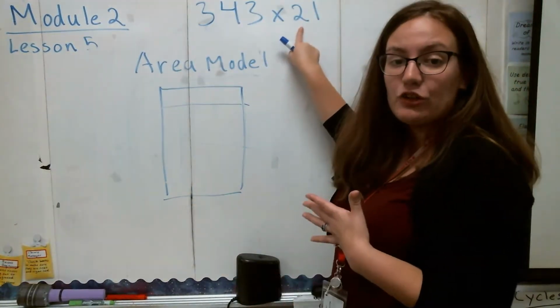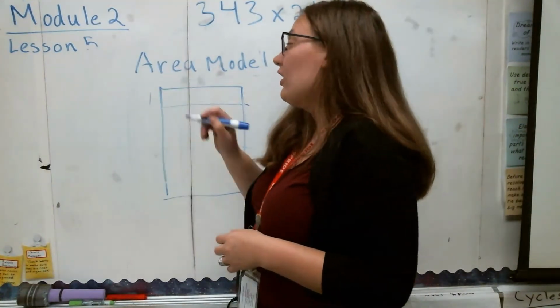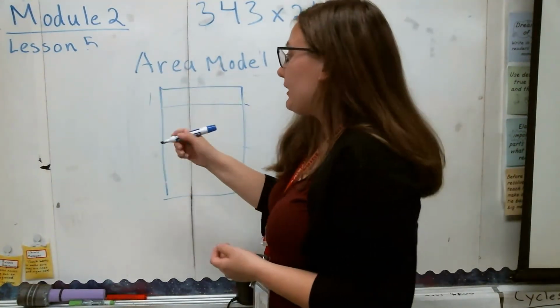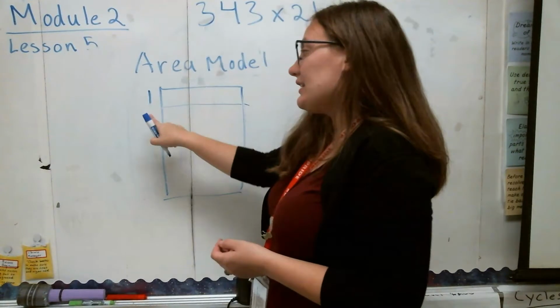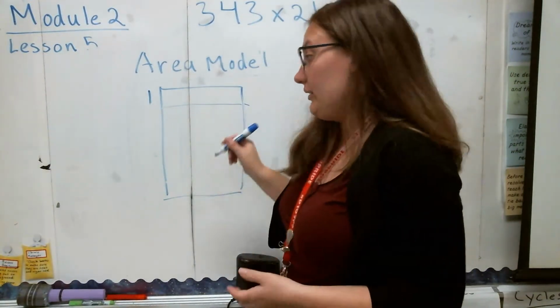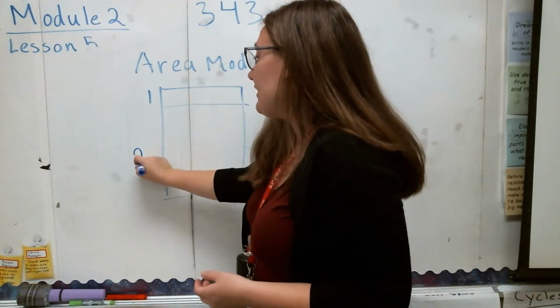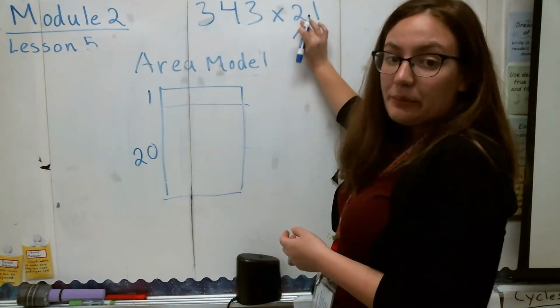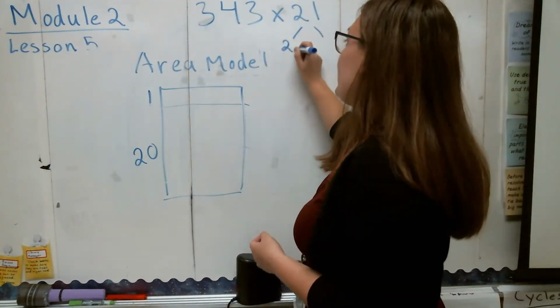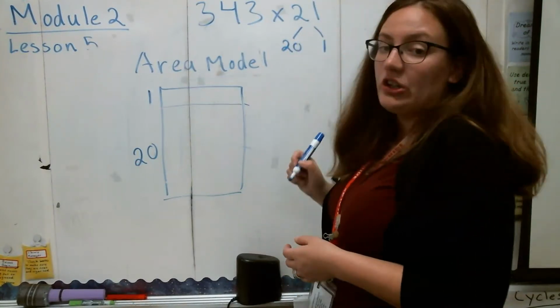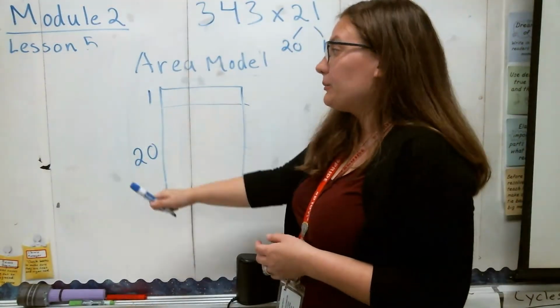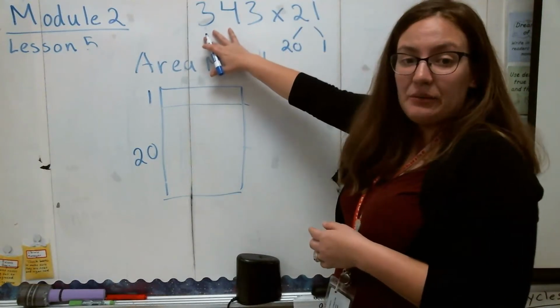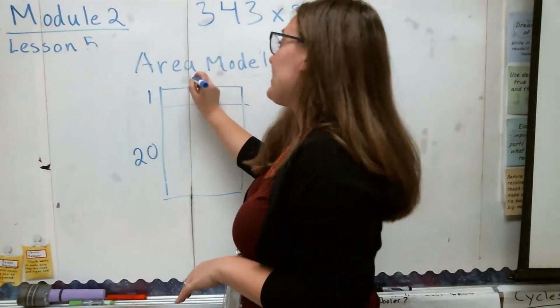So instead, let's do 21 because I know for sure one of my boxes is going to be super easy to figure out because I'm just multiplying by 1. And then this box down here will be 20. Remember, it's just breaking apart this number. I have 2 tens, so that's 20, and then 1 one, which is just 1. And that's how we got these numbers over here. And then this number is just going to stay the same at the top. So that is